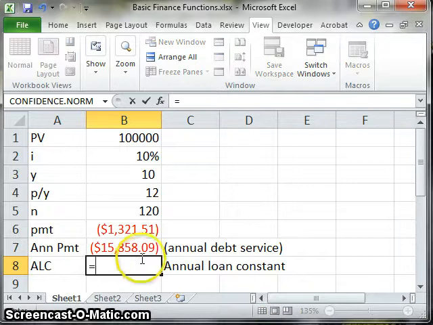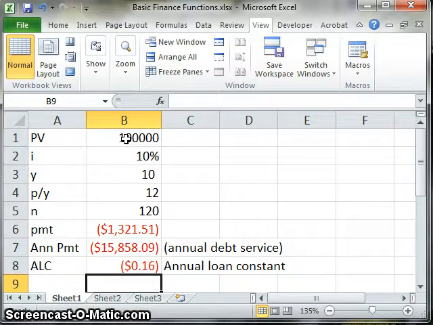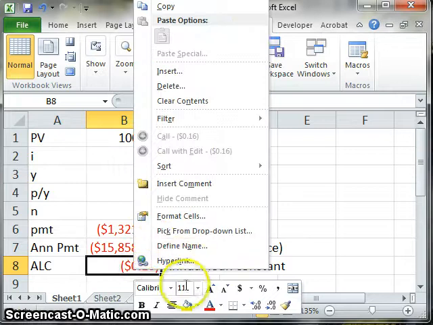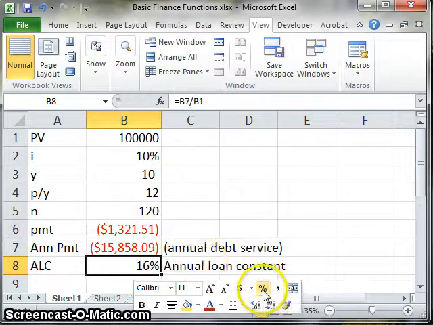We could just divide our annual payment by our original payment amount, and I'd probably want to turn that into a percentage. And so our annual loan constant is going to be